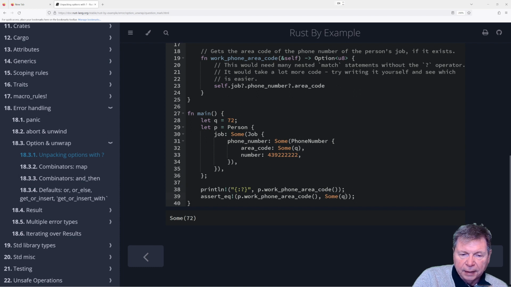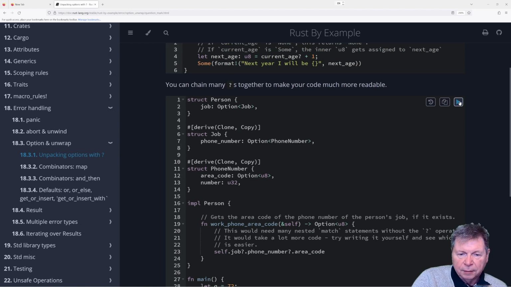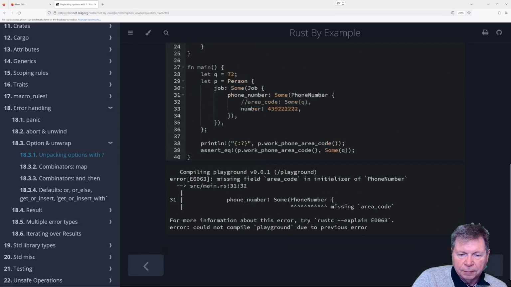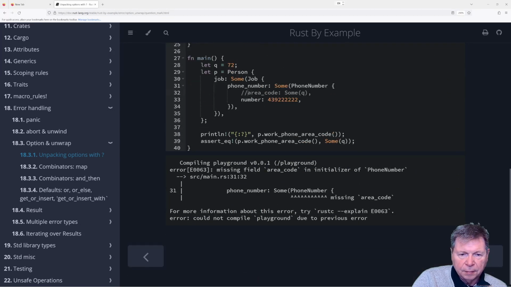Okay. And if we didn't include this, because it's optional, missing field area code in initializer. Oh, okay. So does that mean we have to say area code, but then None?